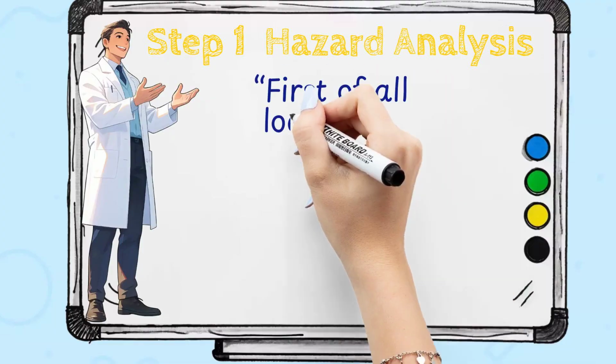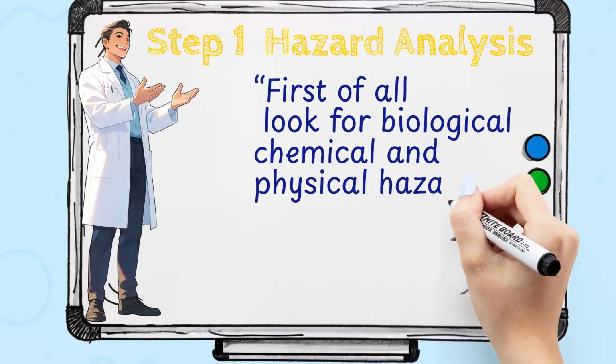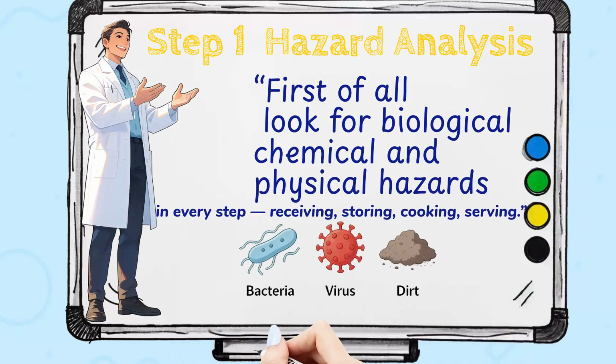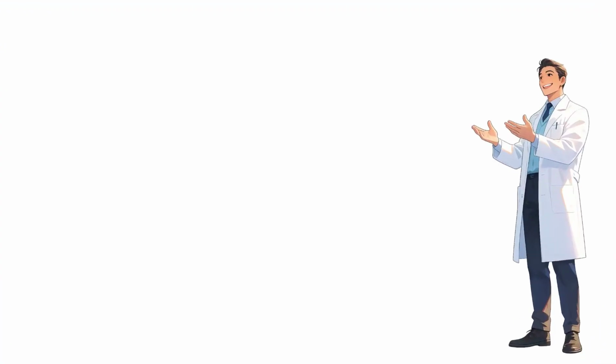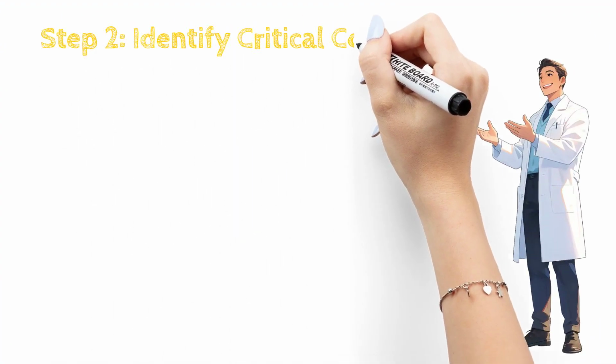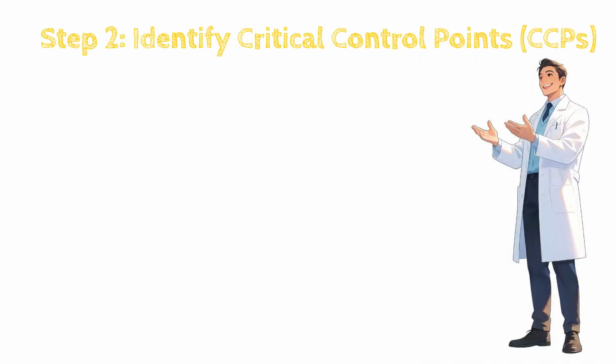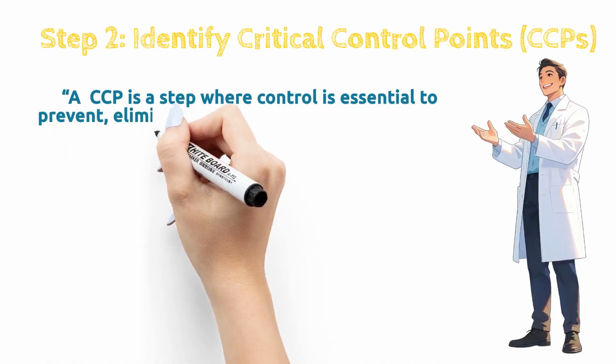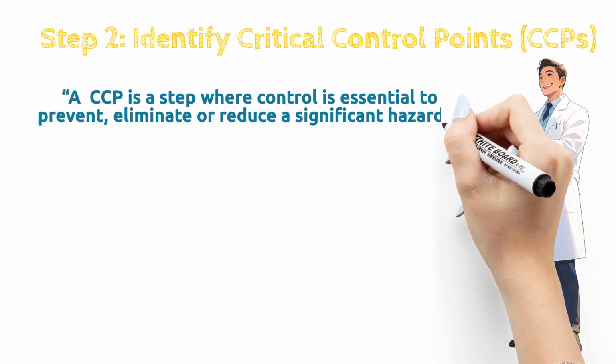Let's start with the first principle, that is hazard analysis. First of all, we look for biological, chemical, and physical hazards. So in every step like receiving, storing, cooking, and serving. Now, step number 2 is to identify critical control points. CCPs. A CCP is a step where control is essential to prevent, eliminate, or reduce a significant hazard to a safe